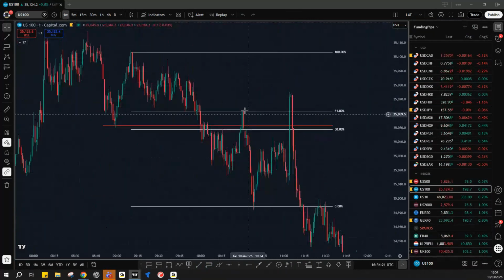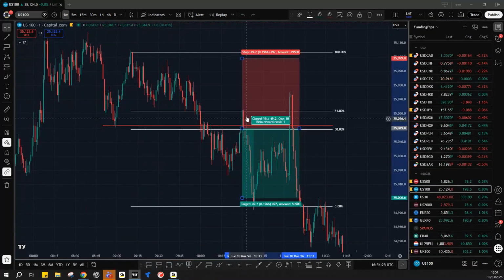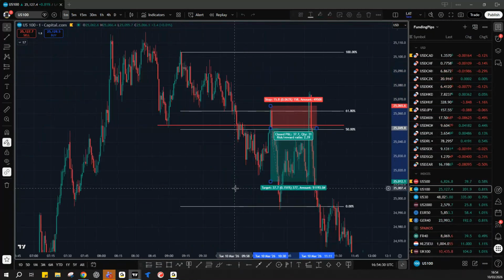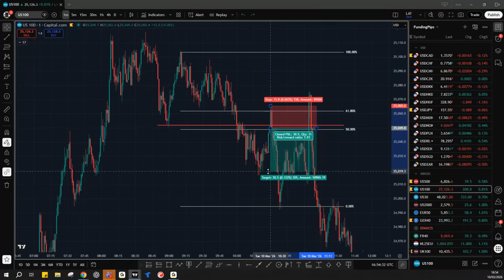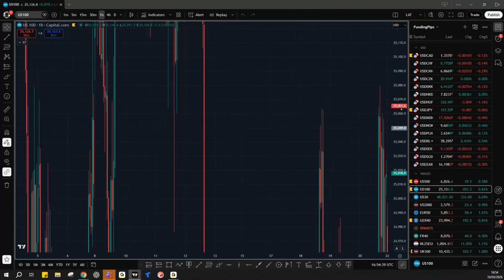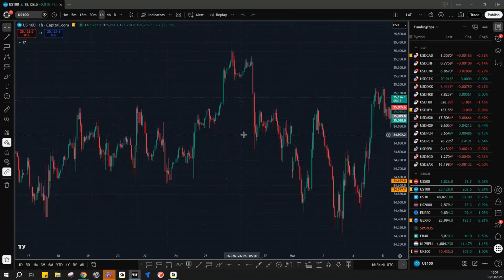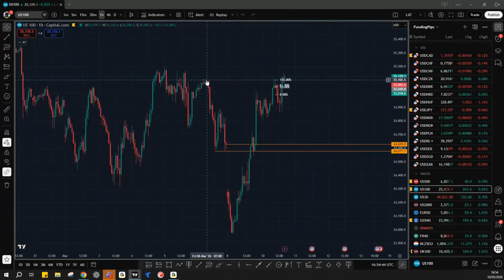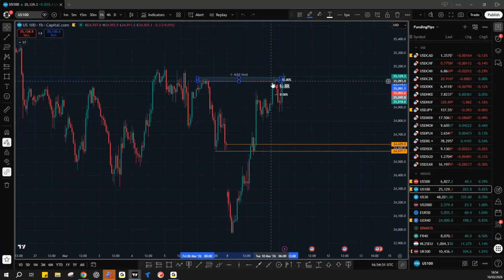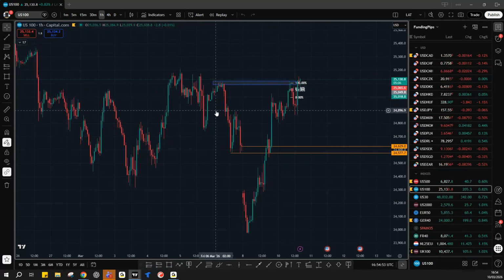I was short on this first initial move up. A bit more of an aggressive entry for this. I wanted to be fairly in and out pretty quick. I was down somewhere along here. Nothing massive, but coming off these recent highs, we had this pretty aggressive sell-off from this level before. So looking at these areas where we have had some pretty aggressive sell-offs, that was the zone that I was looking at for the bounce.